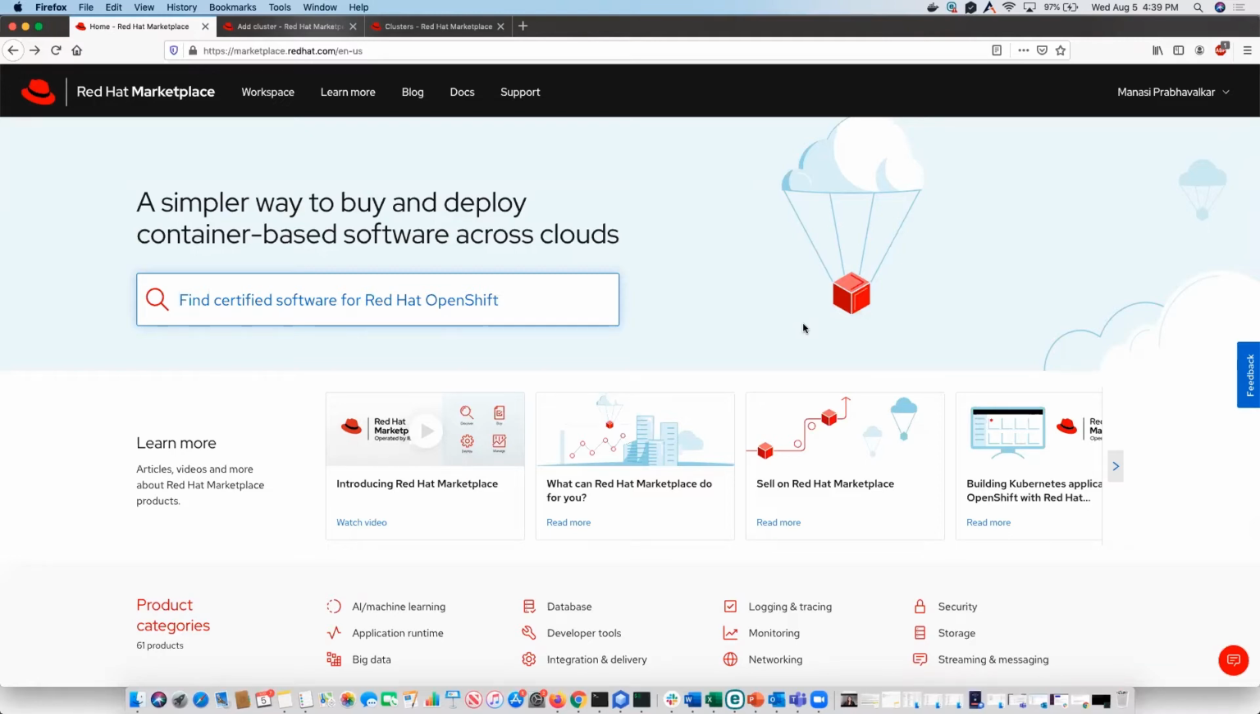Today I'm going to show you how to purchase and deploy Aqua Cloud Native Security Platform on an OpenShift cluster using the Red Hat Marketplace. Currently, as you can see, I am on the Red Hat Marketplace. The only prerequisite for this installation is to have an OpenShift cluster registered with the Marketplace and have an Aqua